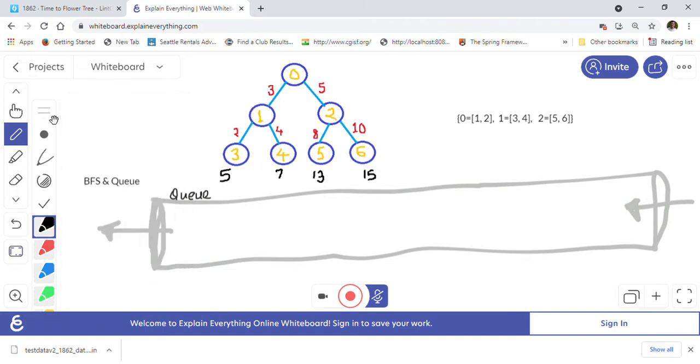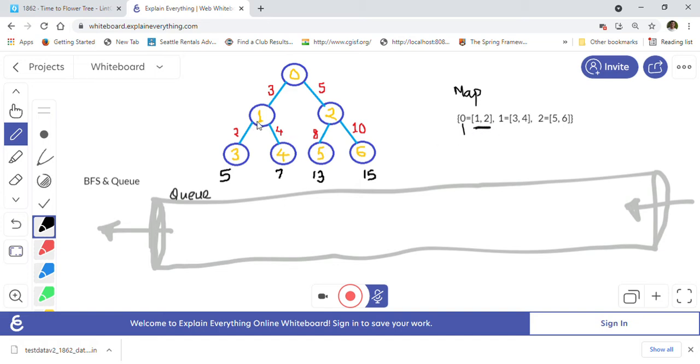In Java there is a queue which we will use. And first we will create a map. So the map will be like this, right? The map will show us the father and children basically, right? So for example, if you take 0, then its children are 1 and 2, right? So this is how we will create a map first.